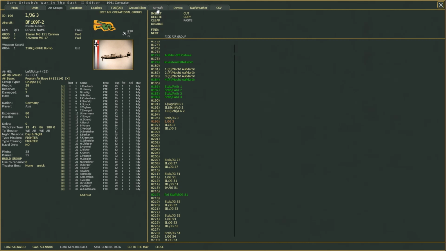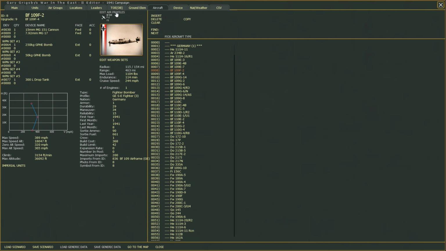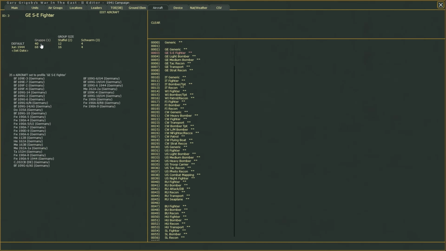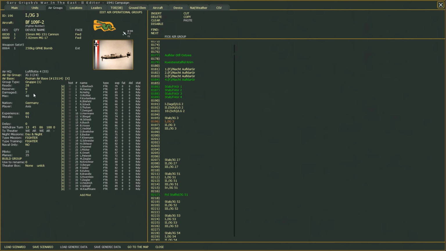And again, as a quick reminder, you can go over here, edit air profiles, and here you see, in this case for the single engine fighters, you can edit over here the maximum number of planes that you can have during a specific time period. Nation, again here you pick the nation of interest. And a small pro tip, I always, just because I have, I think, the muscle memory, before picking the aircraft I always select the nation, because for me it's much easier to first of all assign the nation, read the name of the nation, then assign the specific